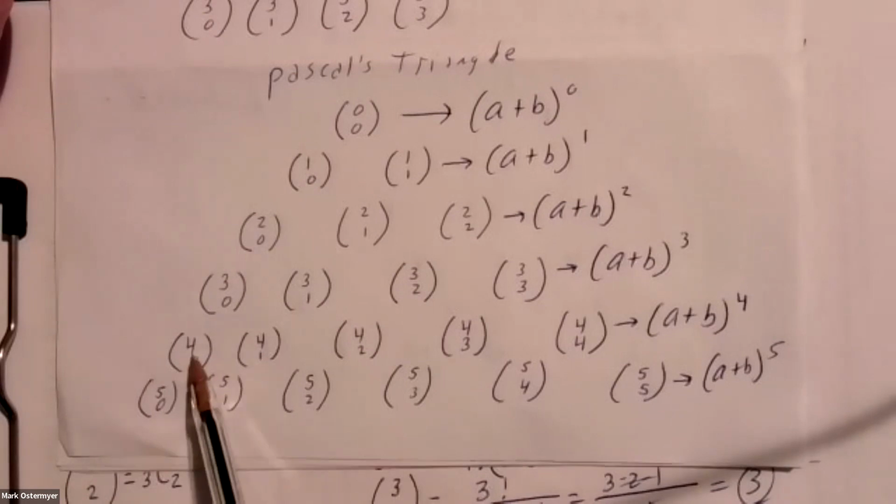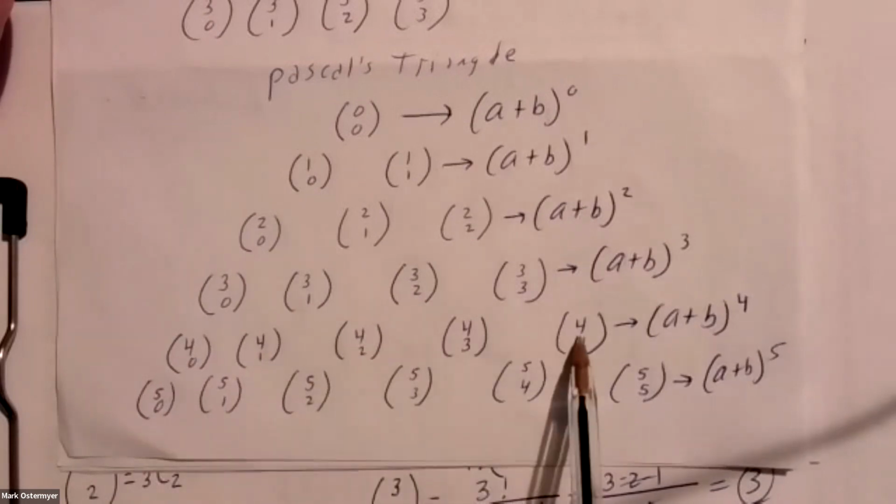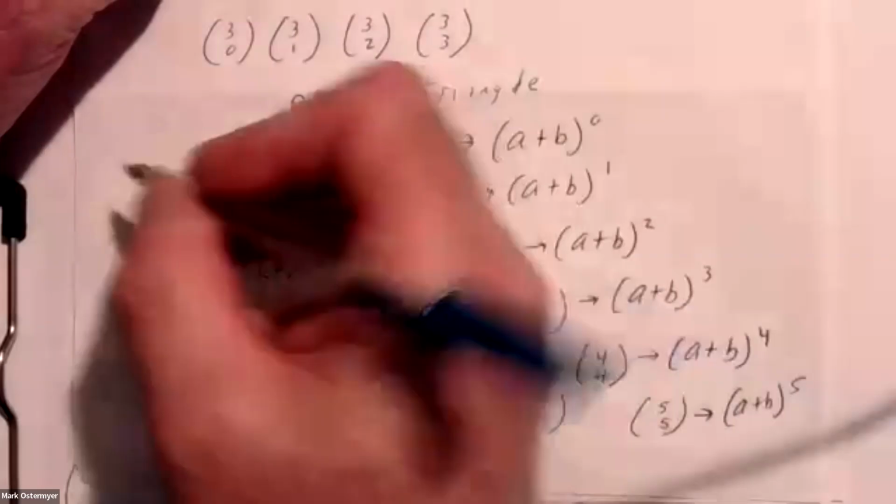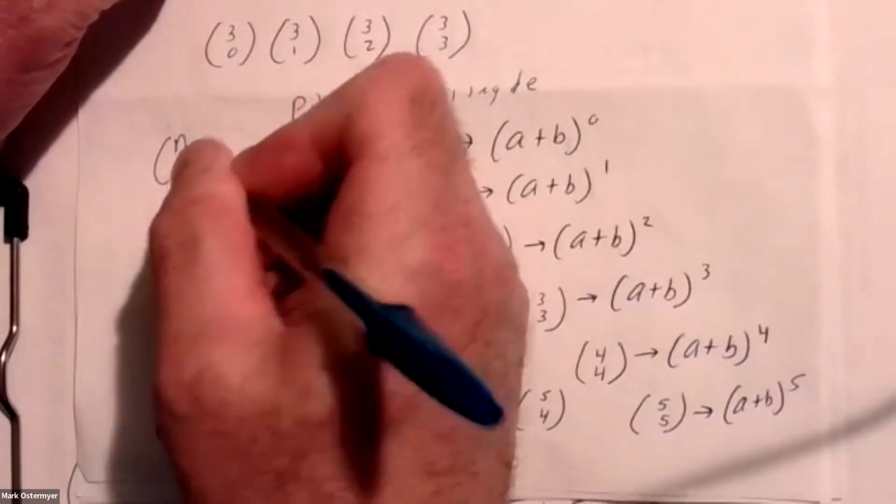This row generates the entries right here of 1, 4, 6, 4, 1. These combinations will generate the entries of 1, 5, 10, 10, 5, and 1. All right, so that's how you can generate the entries of this particular Pascal's triangle, by using the combination. All right, and notice with our combination, how does n relate to the